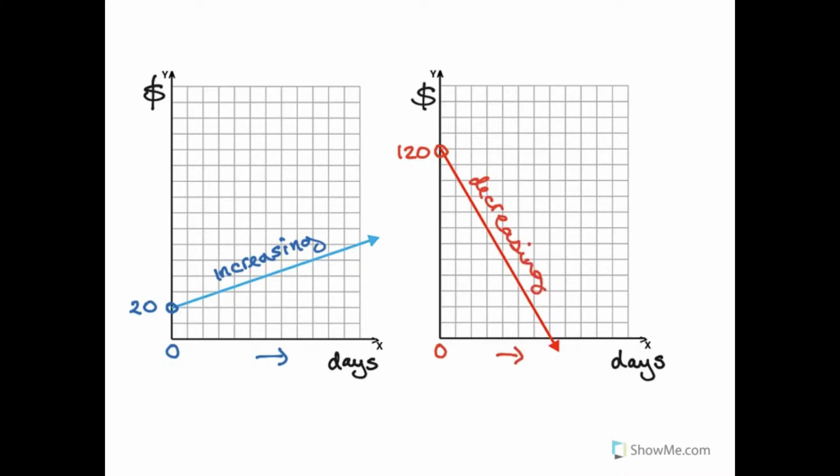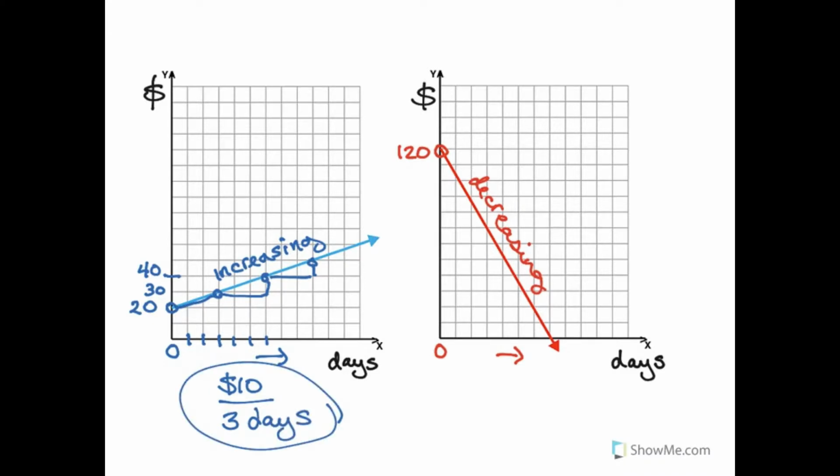And we can say more than just increasing and decreasing, because if we mark some other points on these lines, we see that over the course of 1 to 3 days, the stock has gone up $10 to $30, and then after 3 more days, it's gone up another $10 to $40, and so on. So it's increasing at a constant rate of $10 every 3 days.